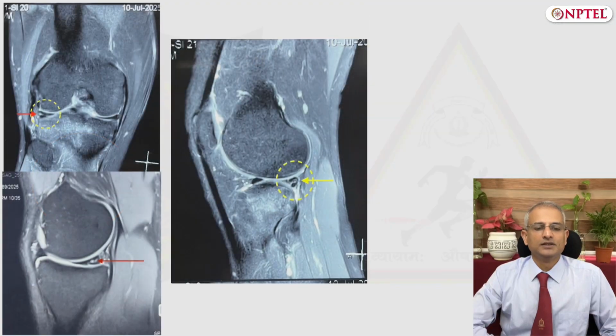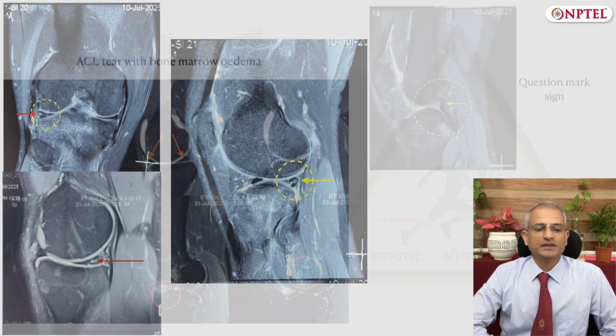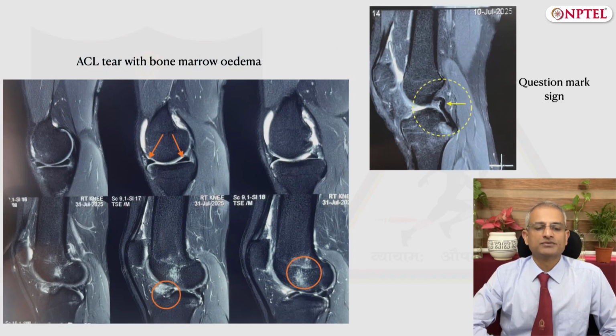The next slide shows hyperintense signals in the meniscus, which is suggestive of a tear. And as we have seen earlier, a meniscus is generally avascular, so any white streaks in it generally indicate an injury. The next slide shows films where there is evidence of ACL tear along with bone contusion. You can clearly see how the PCL is lax and shows a typical question mark.